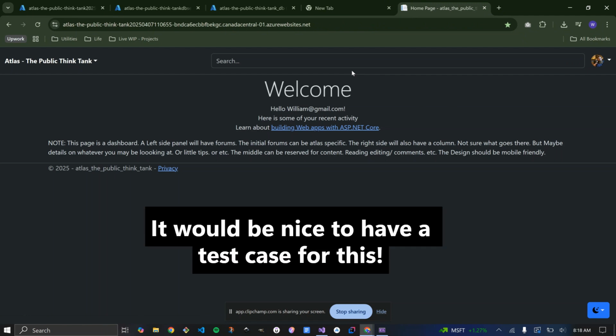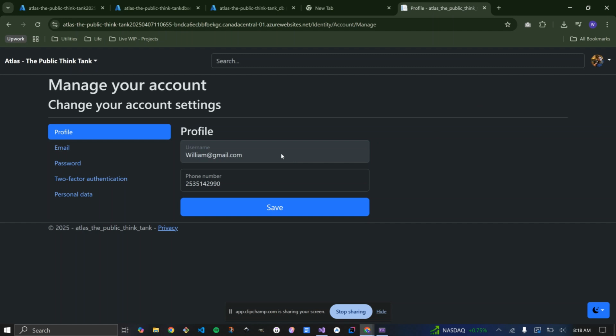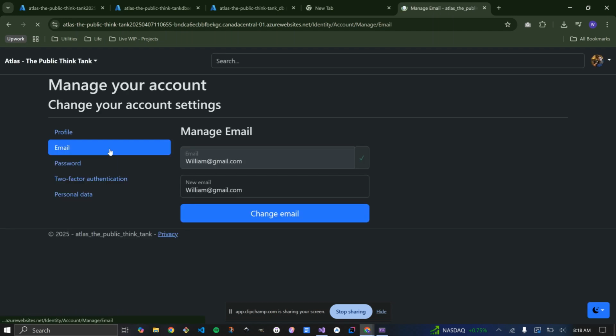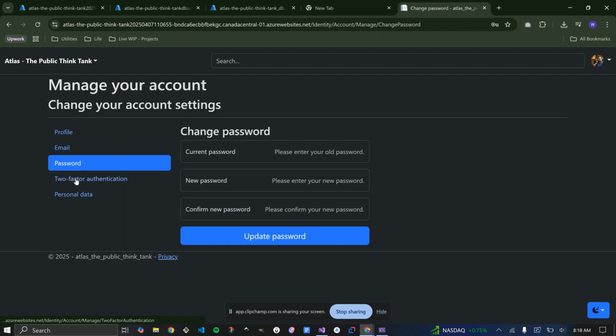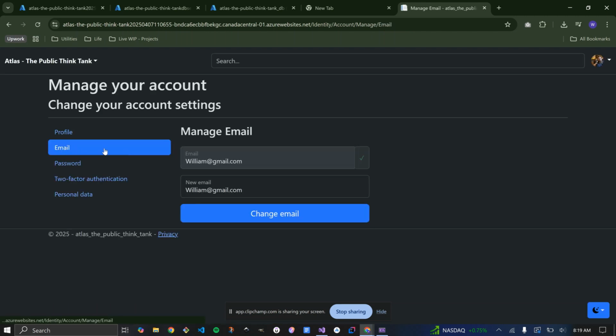So I do not know what was going on, but I did go try to check my connection string within the portal as well. But anyways, I was just going to say that I was impressed with identity for setting up all these pages. They even set up the settings page for your account. Like, I didn't create any of this, which is pretty amazing. And so one of the next things I'll want to do is get this email set up so that the web app can send emails.